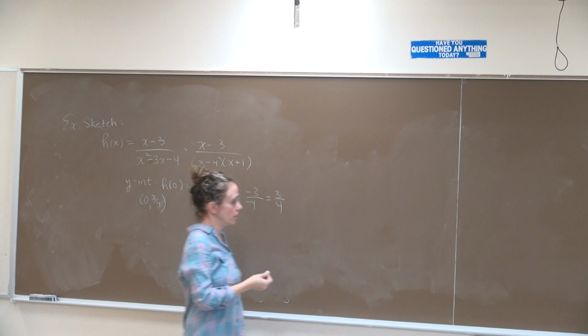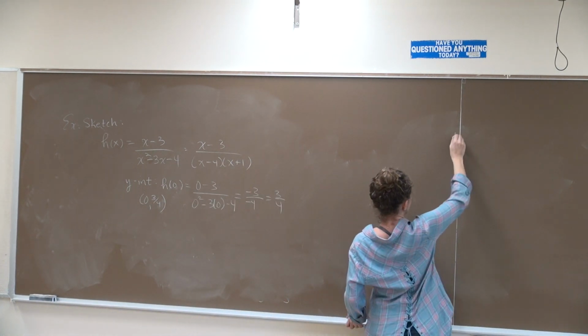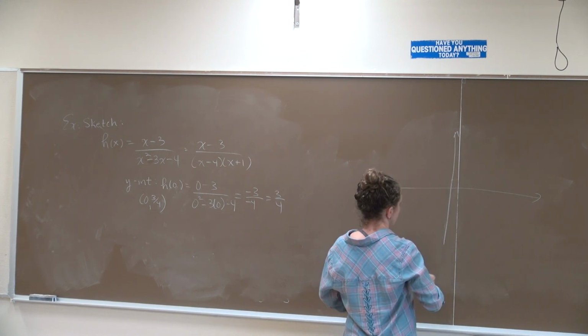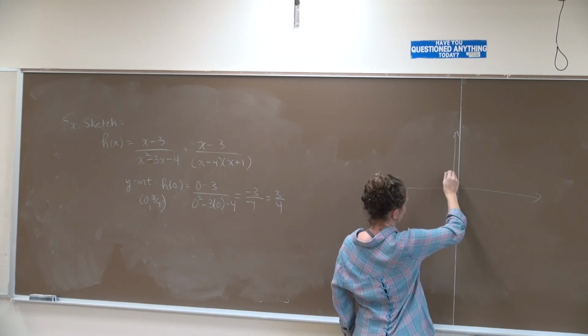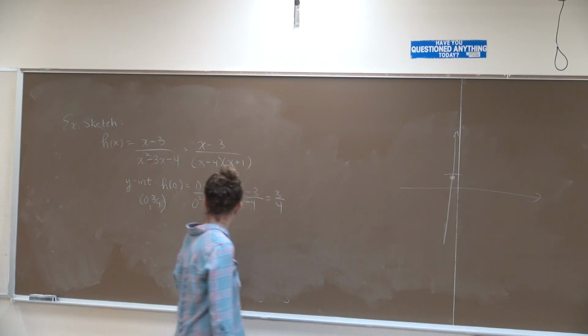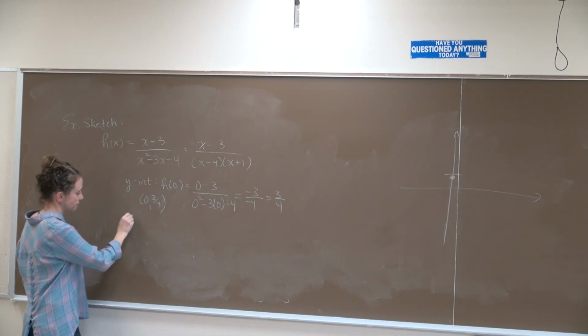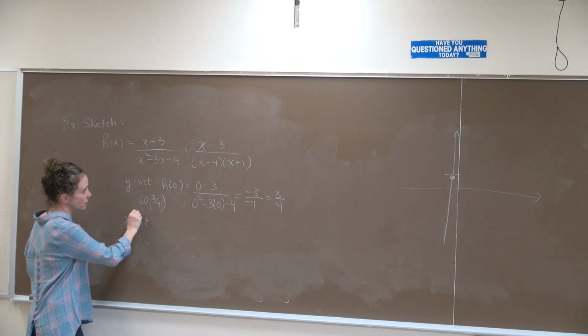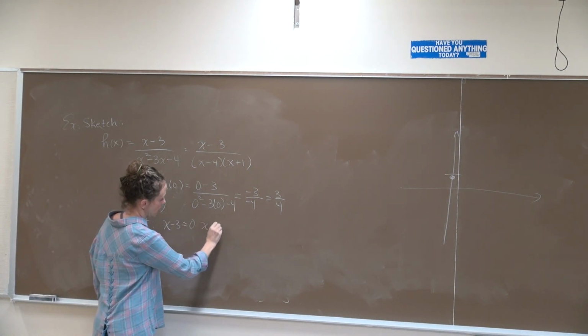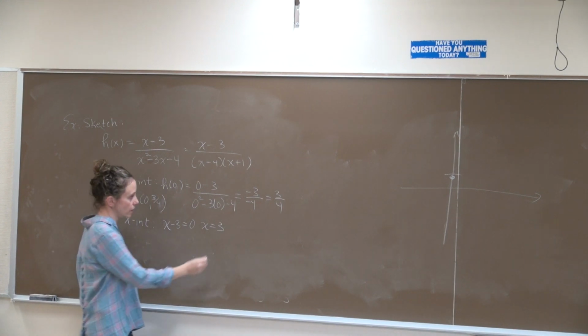Let me graph a Cartesian plane. We have a y-intercept at 3/4. So here's our y. Here's 1. 3/4 is a little bit below 1, so we'll put it right there. For the x-intercept, set the numerator equal to 0. Add 3 to both sides. We have an x-intercept at 3. So that's